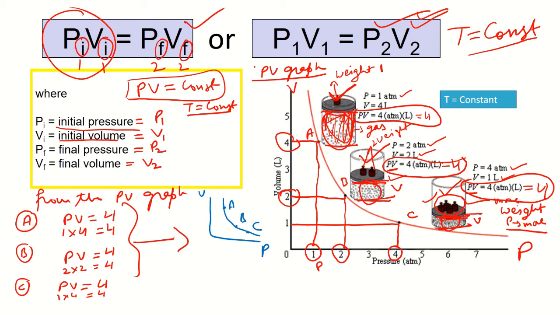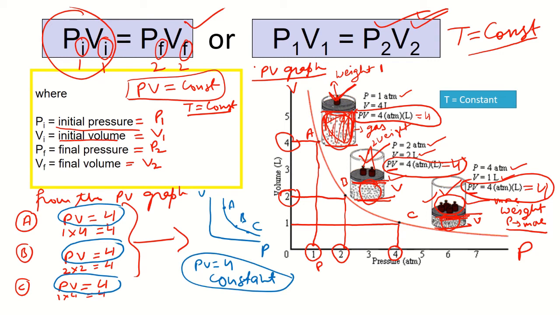So at the different points on the graph, the value of PV is constant, it is not changing. In this case it is coming 4. Here the value of PV is coming 4. So this is constant everywhere on the graph, and this is constant